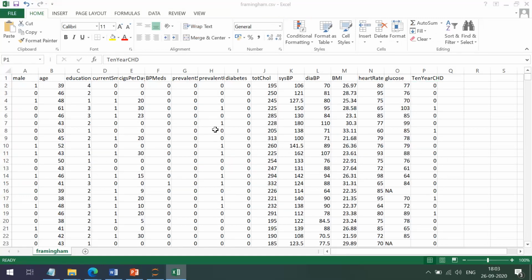Your aim should be to find the important attributes out of these 15, which you can include in your conclusion. In the conclusion you can write that coronary heart disease is greatly dependent on, for example, these 4 parameters. Okay, thank you.